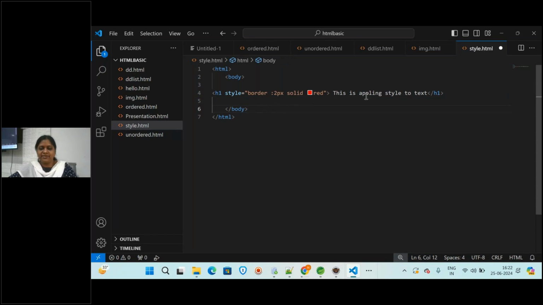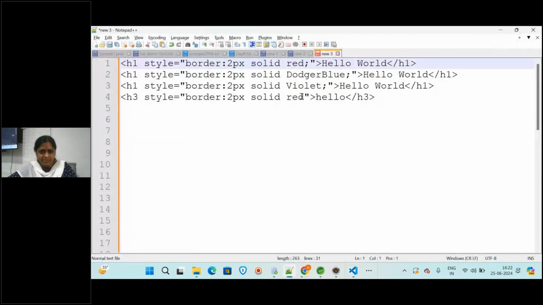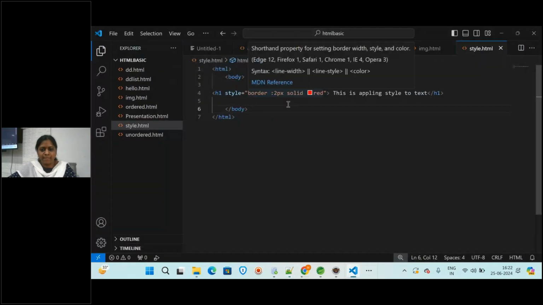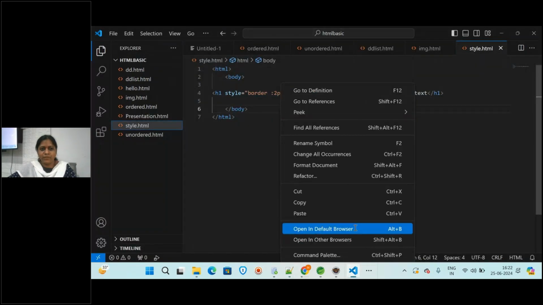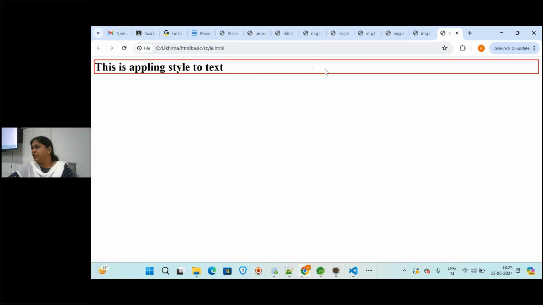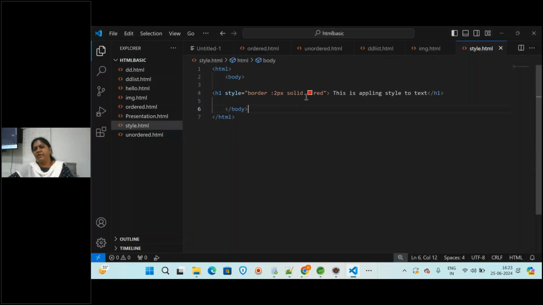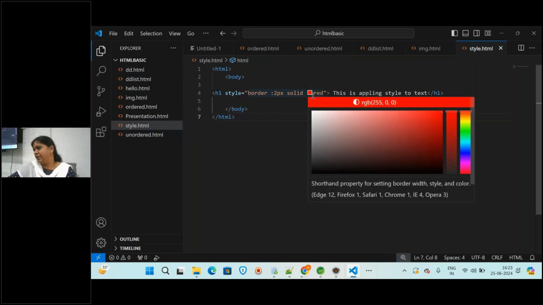You can just save this. Okay, it is already saved, and let us run this. So we have got the border color as red. And here, normally if you write in Notepad you will not get that option. Here you can change the color automatically. In Visual Studio we have this option where you can choose the color you want.